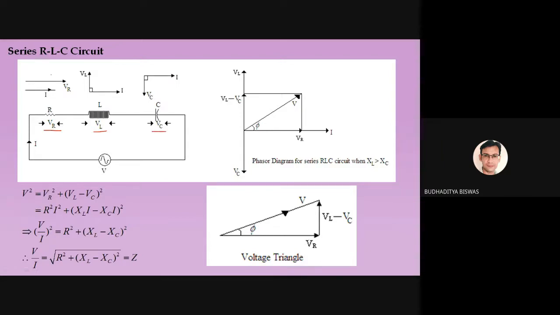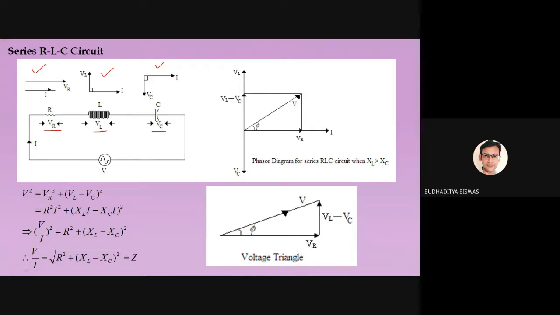And this is their individual phasor diagram, because we know that in case of the resistance, voltage and current lie in the same axis or in the same parallel line, so the angle between them is 0 degree. In case of pure inductance, voltage leads the current by an angle of 90 degree. Leading means anti-clockwise direction. So this is the phasor diagram for this component only, and this is the phasor diagram for the pure capacitance. And we know that in case of a pure capacitance, current leads the voltage across the capacitance by an angle of 90 degree. So this is the 90 degree angle.